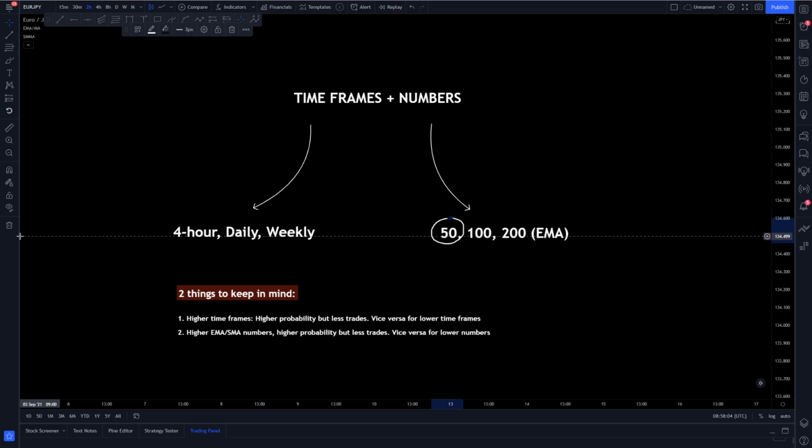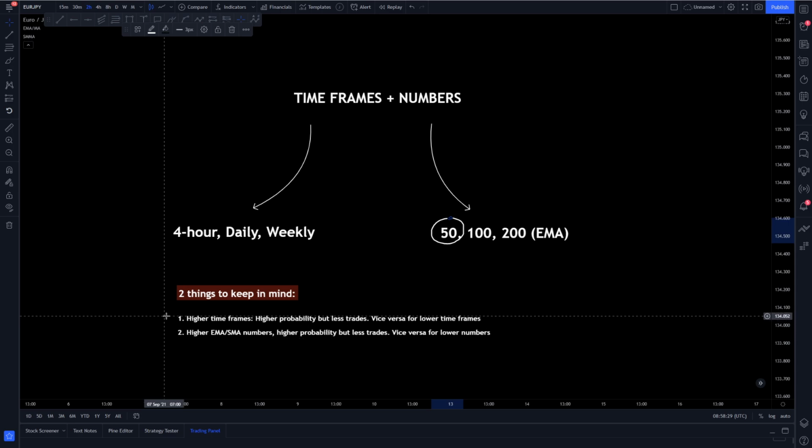Higher time frames, higher probability but fewer trades, and vice versa for the lower time frames. If you use time frames like the 15 minute or the 30 minute, you'll have more trade opportunities, but the confirmation is much weaker, and of course your win-loss percentage is going to drop. So secondly, the higher the moving average or the SMA, whatever number you're using, the higher the probability of the trade,